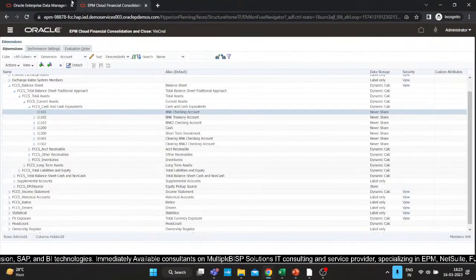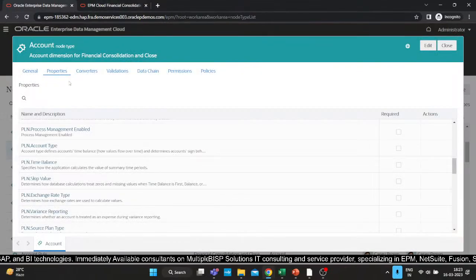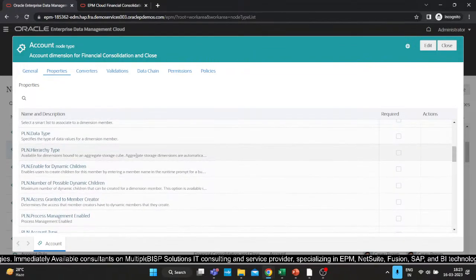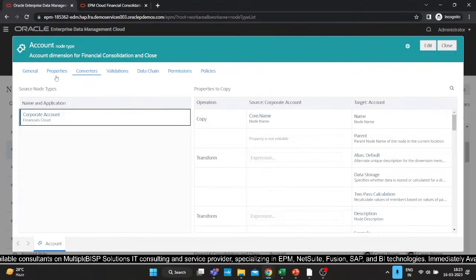So I was explaining that node types have a general tab, and it has properties which are coming from the FCCS application. Then we have node type converters. In node type converters, we have to define the source application, from which we can directly drag and drop a particular node, a leaf node or a parent node, to the target application, and it will come into the